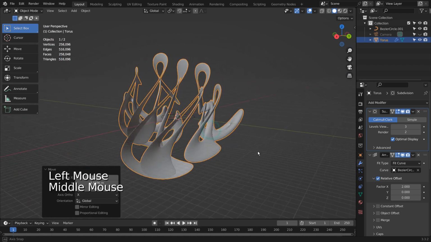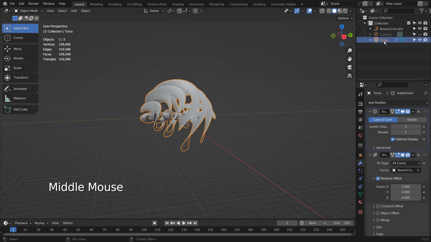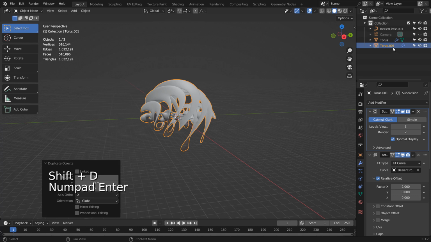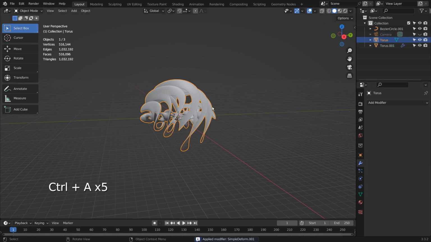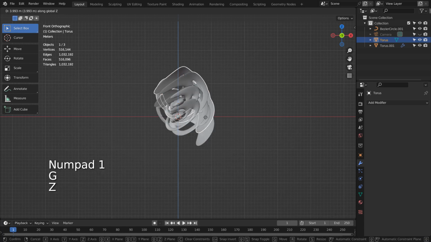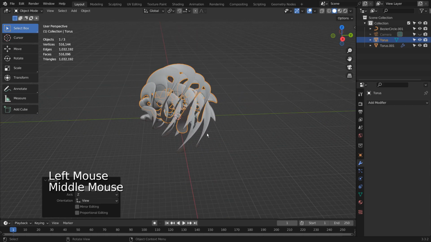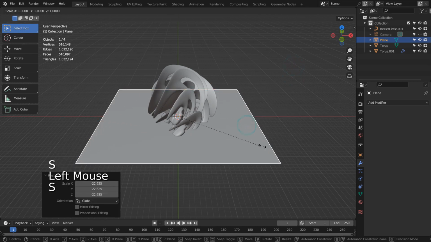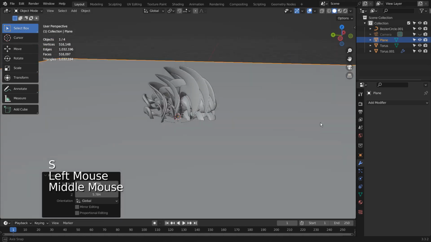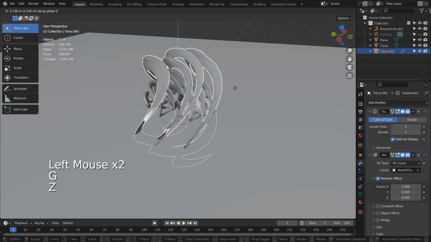I'll duplicate the mesh, and apply the modifiers for the first mesh. For the second mesh, I'll move the circle or the torus around to create a new shape.